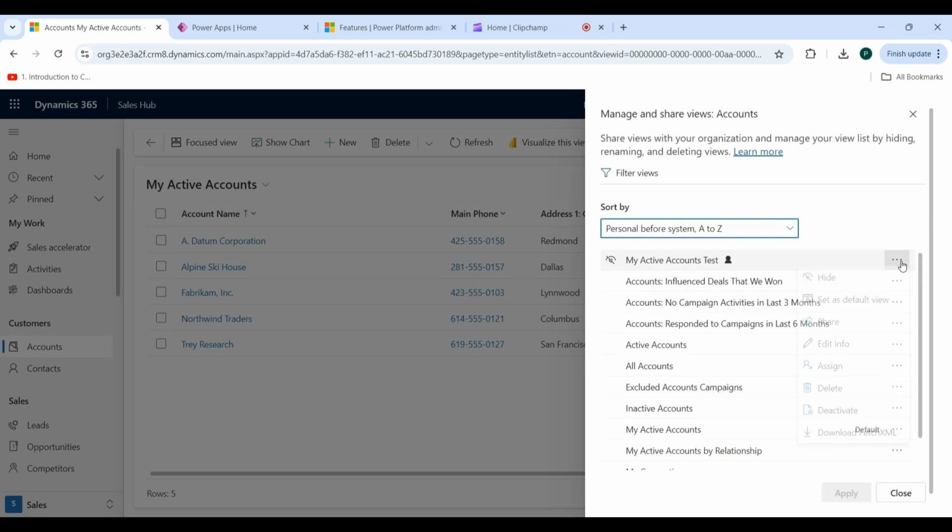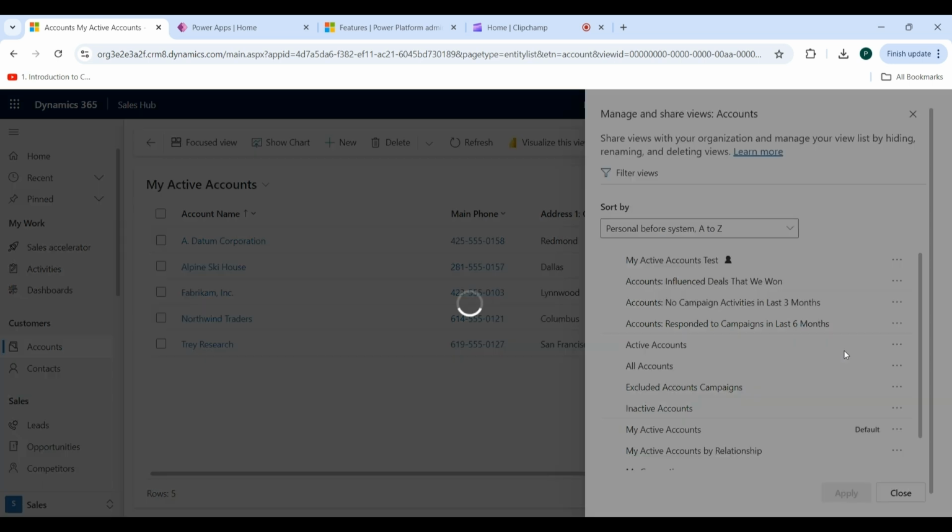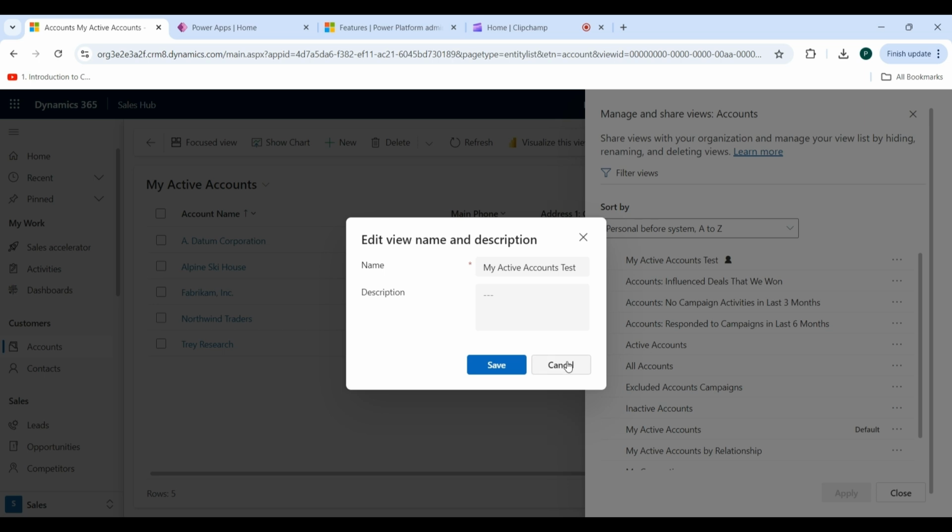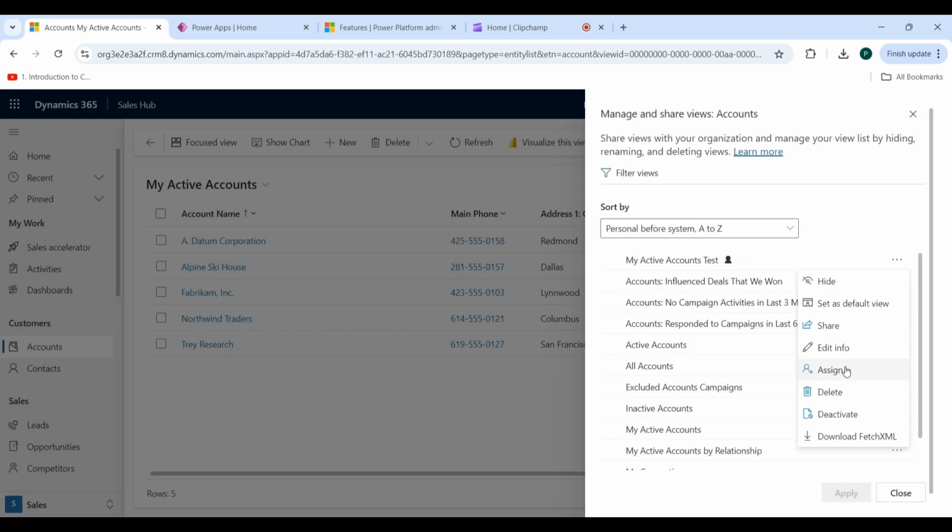Click on the three dots. You can hide, set as default view, share the view, and edit information regarding that view, like the name and description of that view. I can assign the view, delete the view, deactivate this view, and also download the fetch XML of this view.